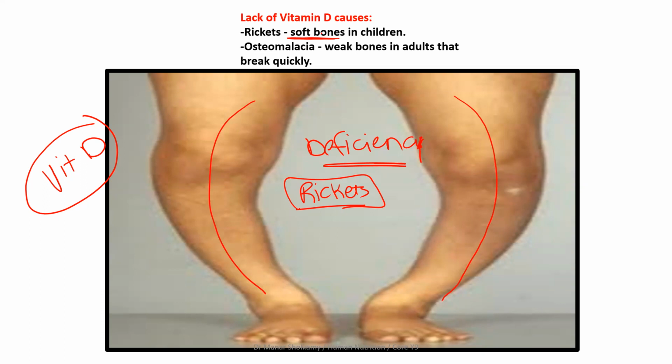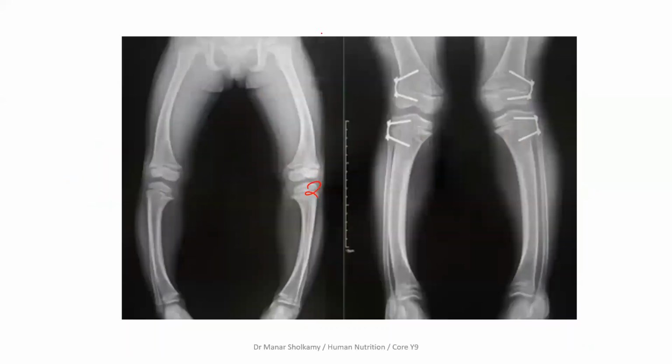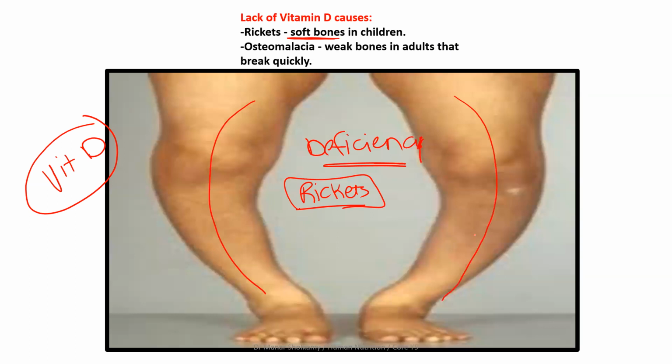So that is why it's very important for children to be exposed to the sun to activate the vitamin D and to drink lots of milk so that they can build strong bones. Now, this is rickets. This is how the bones will look as a child. And when he grows, the bones will be very weak. Also, when you are an adult and you do not drink enough milk, and even now you are in year 10, this means you should have enough calcium. You are still growing, by the way. You should have enough vitamin D and calcium, because if you don't, what will you suffer from?